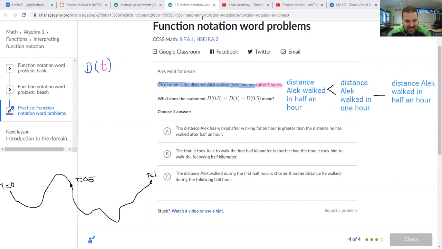We're saying the distance that he walked in the first half hour. Let me make that a color, let's go with green. This is the distance he walked in the first half hour. The distance he walked in the first half hour is less than the distance he walked in the full hour minus the first half hour. Are you with me on this one? That was a weird one. This is telling you to find the full distance, which is this entire thing, and take away the green part. And when you do that, you end up with